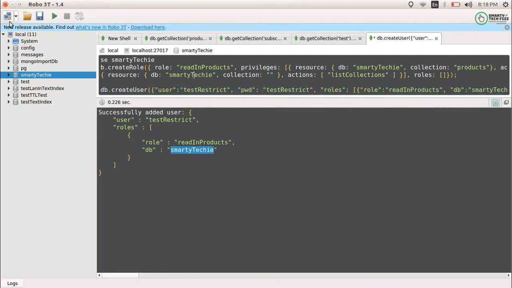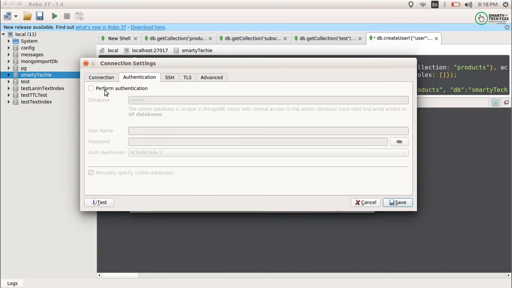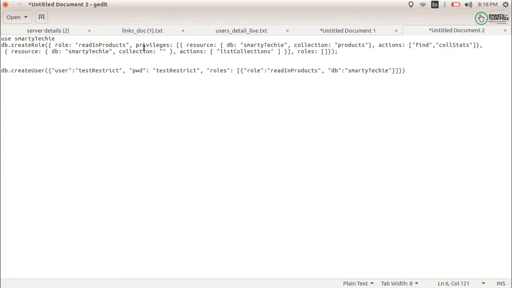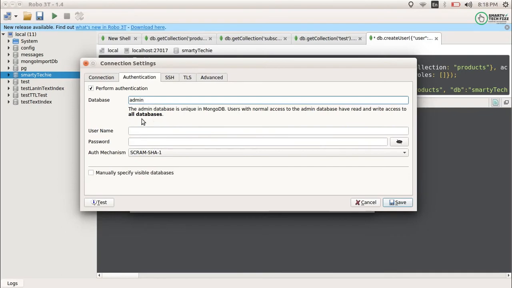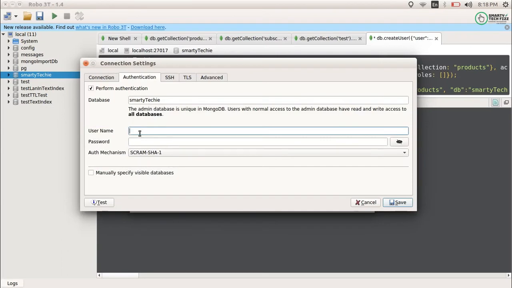Now let's connect using this user, restrict user test. Okay, we want to perform localhost authentication on the given particular DB. Okay, and the username is this, the password is the same.